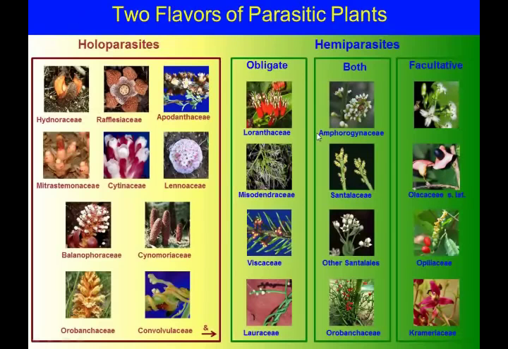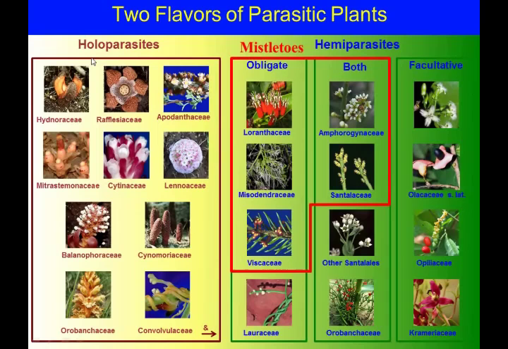But first, let's talk about parasitic plants. This is a picture of the general flavors of parasites. We have what are called hemi and holo parasites. The hemis, as you see from the shading, are green, like this mistletoe. They photosynthesize. The holos, over here, are yellow. They don't have any chlorophyll. They don't photosynthesize. All of our mistletoes are in the hemiparasitic group,